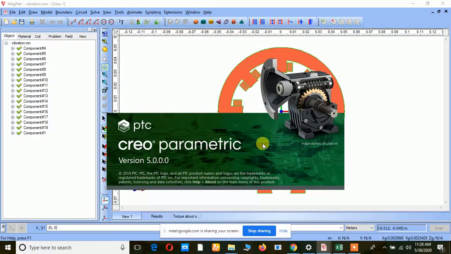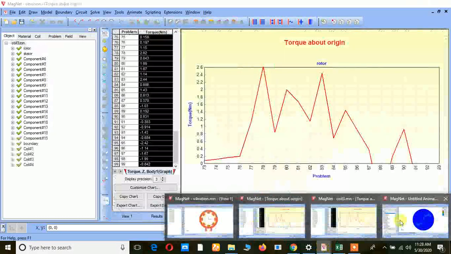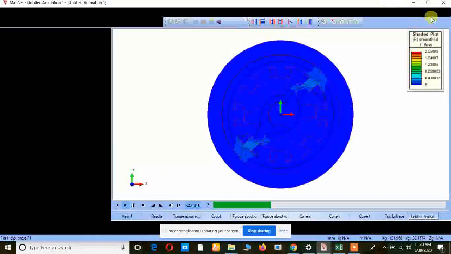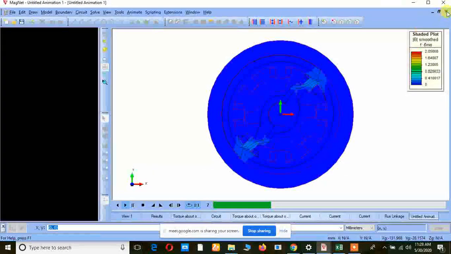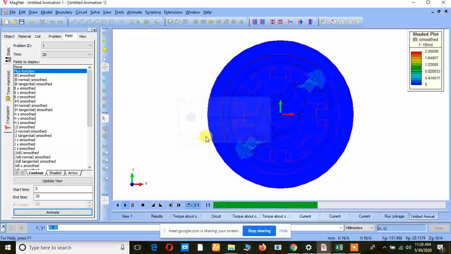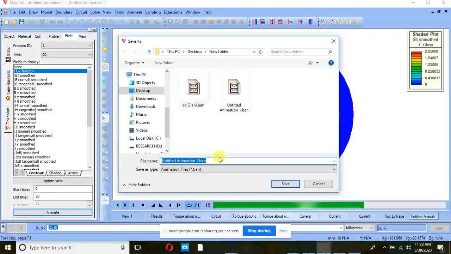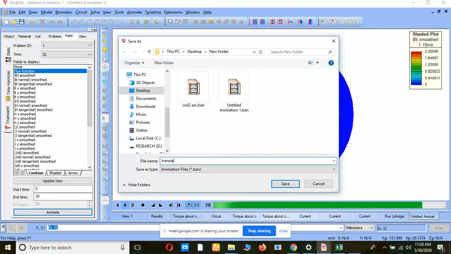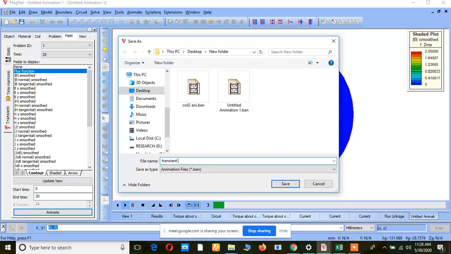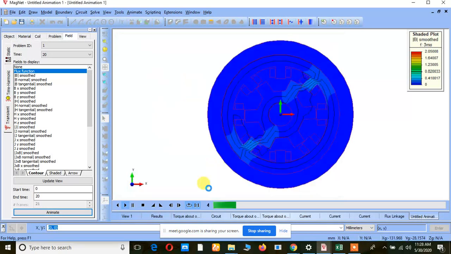So we will open this Creo. After opening this Creo, I will convert this IGES into IGS, right? Meanwhile, we will save this animation file, right? And then